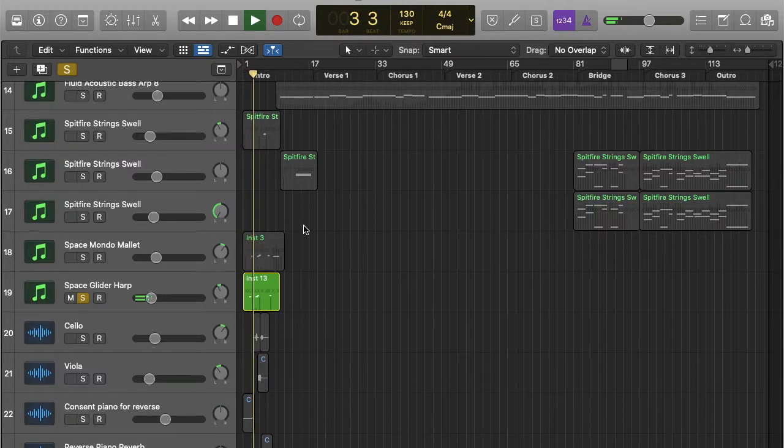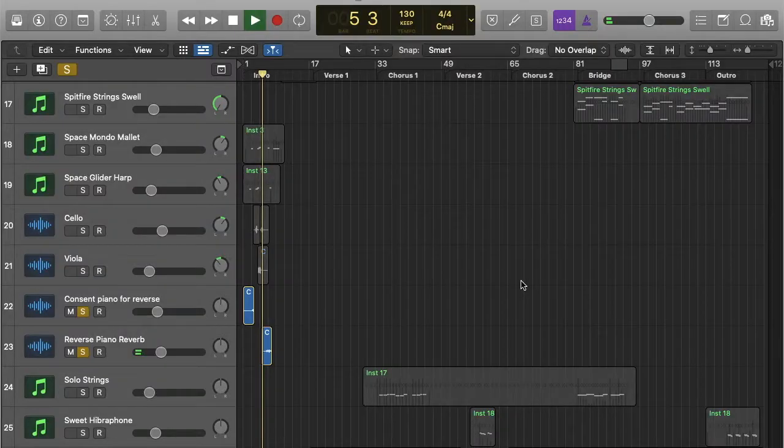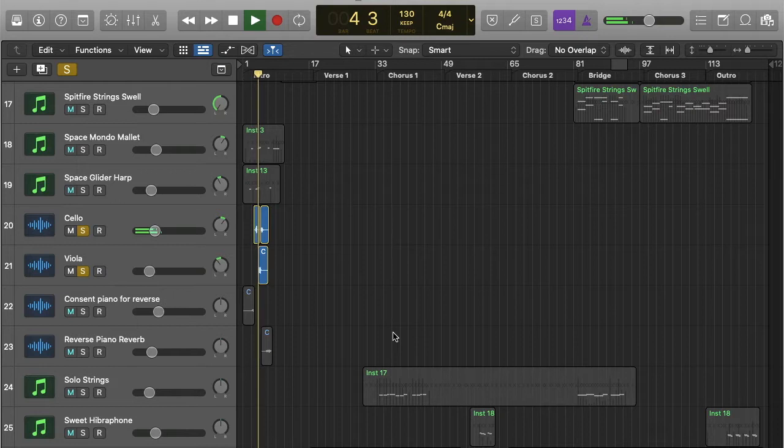We added some Space Gilder harp, so harp, but with a little more atmosphere. A few reversed piano keys. And finally, some strings. Using Noise's good old Swam string sound packs. So, altogether we have...